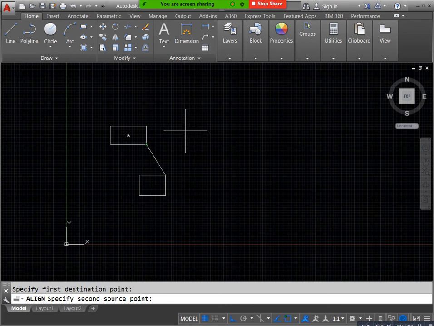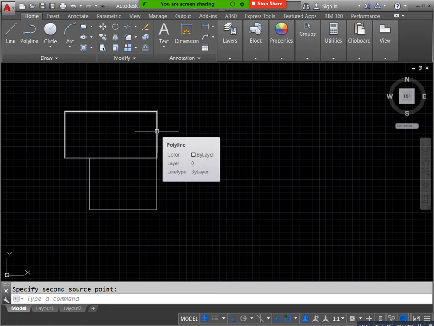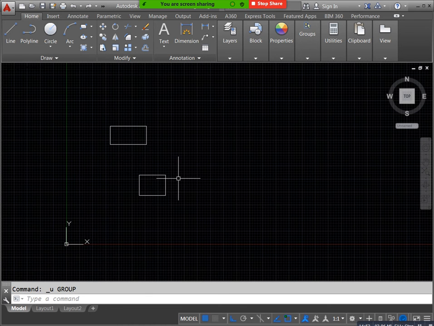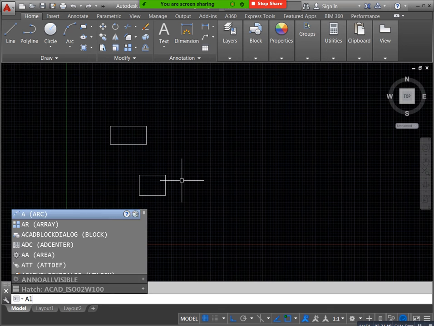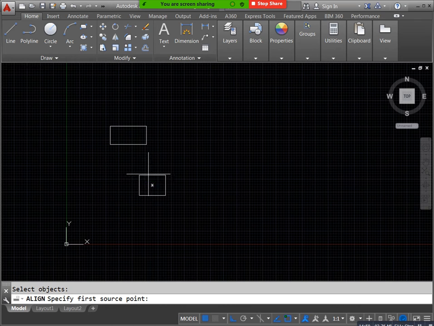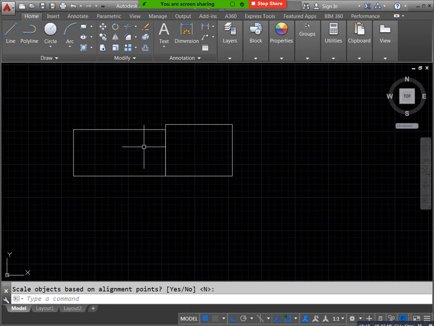For example, I need to mention two source points or two destination points, that is also applicable. You can use AL enter, select your item, enter, select this is my source point, sorry, this is my source point and this is my destination point. If you have any extra source point, this is my source point 2 and this is my destination point 2. Okay, now you can mention enter. See, this alignment also applicable. Based on your requirement you can align that object. How many source points you need, you can select that many source points. How many destination points you need, that many destination points also you can select by using the align option.